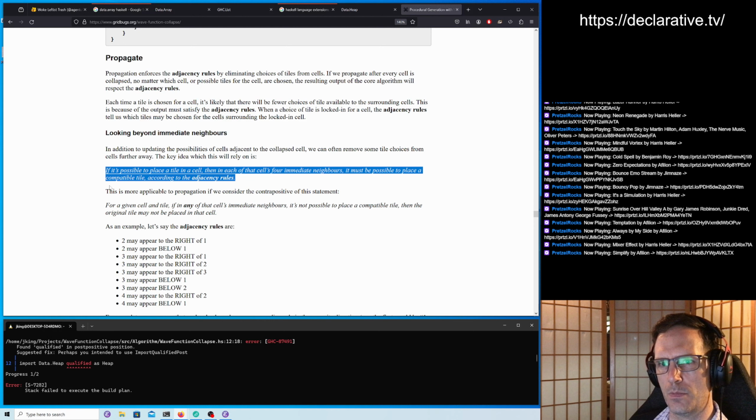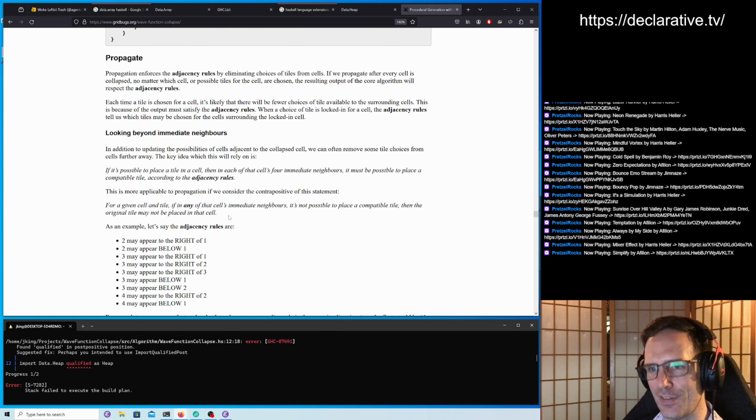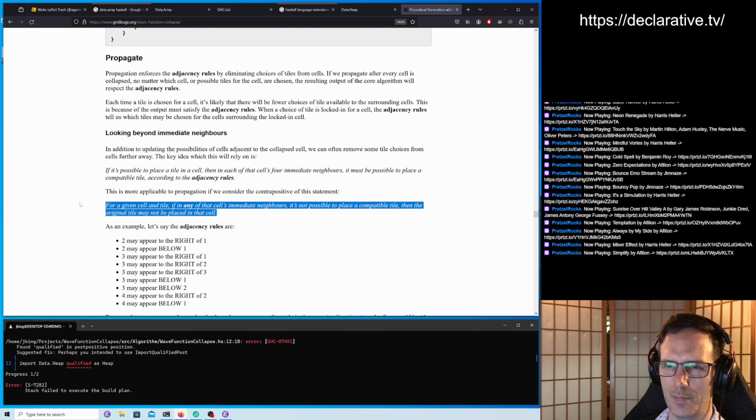Somehow. So this is more applicable to propagation if we consider the contrapositive of this statement. For a given cell and tile pattern, if in any of that cell's immediate neighbors it's not possible to place a compatible tile, then the original tile may not be placed in that cell. Yeah, that's a bit of a confusing way to word that, but that's basically saying that